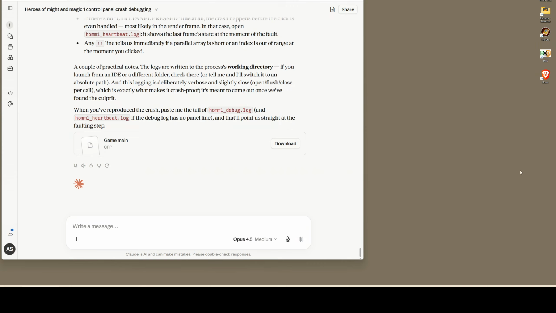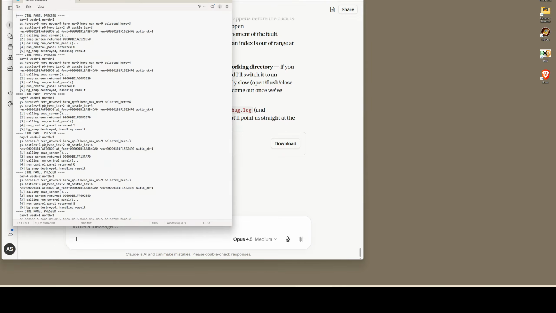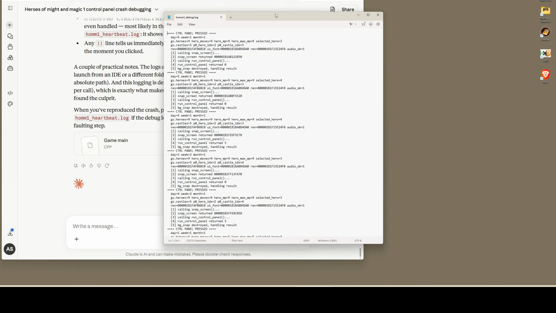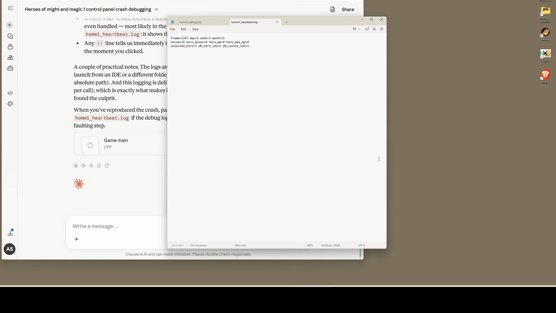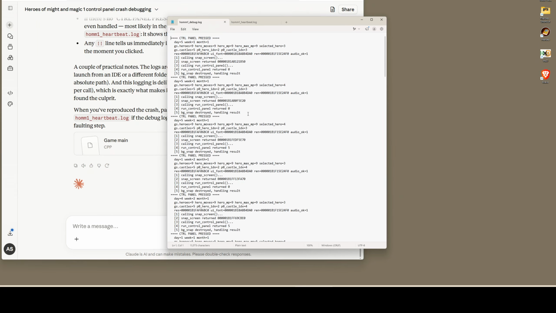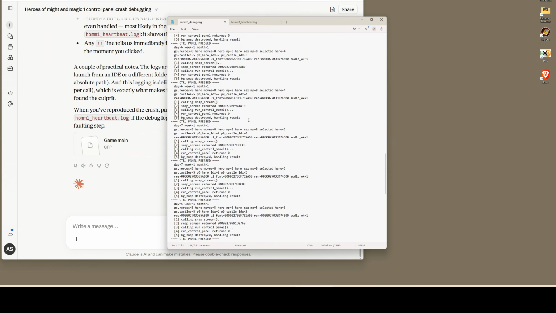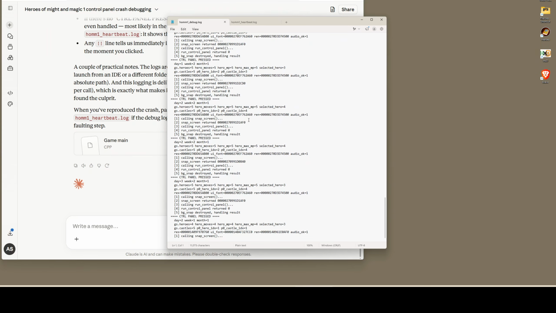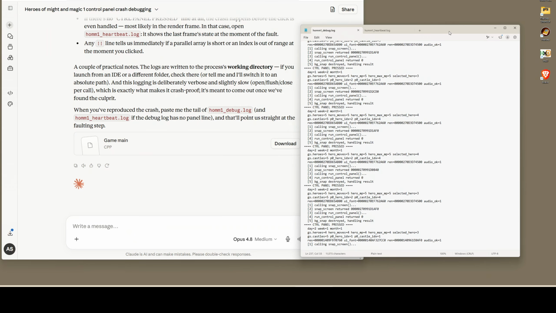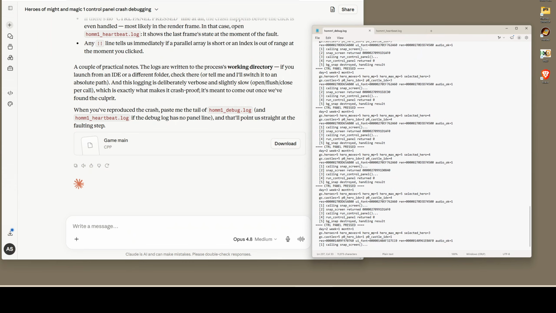Yes. All right, so I'm going to go have a look now at what the debug was, because this is new for me now. That's the heartbeat, and this was the debug log. So I guess I can actually just dump these in. Let's do a little bit of live decoding here and just say,